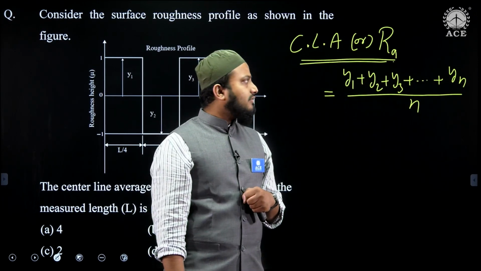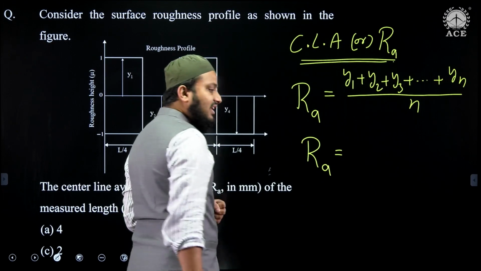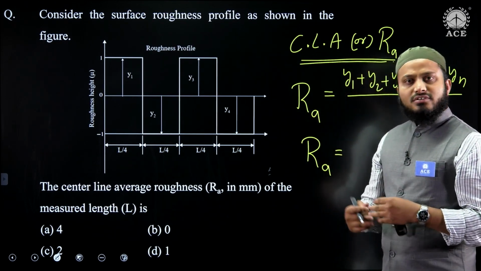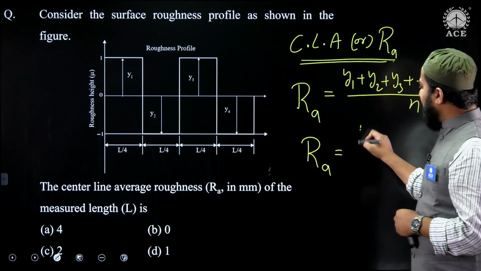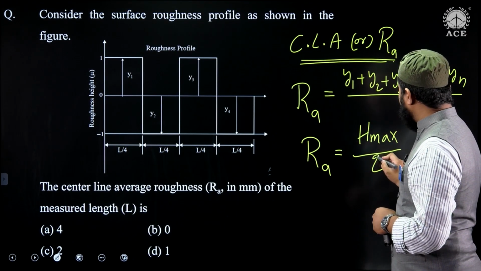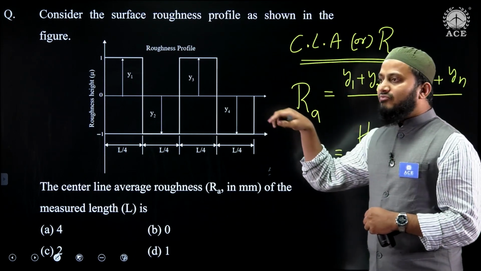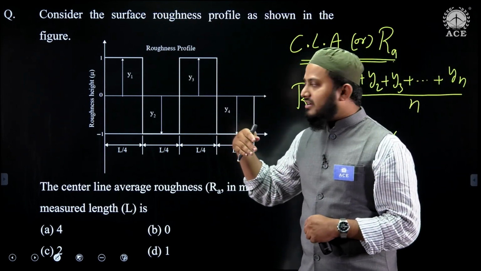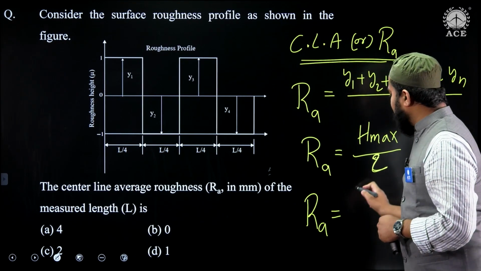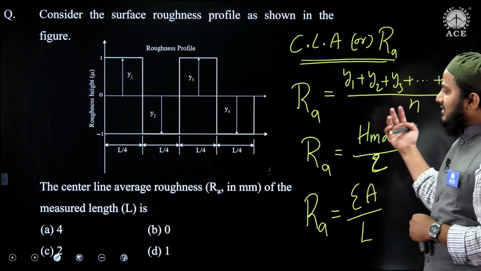So, this is one approach of solving the question, whereas for the same CLA, this Ra, whenever it is a rectangular or square texture, you might recall from classroom notes, in offline or even online classes, there is one formula based on the standard, as H max by 2. Whenever we have an intricate surface, based on horizontal and vertical magnification, there was also one formula, but as here there is no magnification, we can write Ra as also equal to the summation of total area by sampling length. So use any one of these three formulas, at the end the answer is the same.